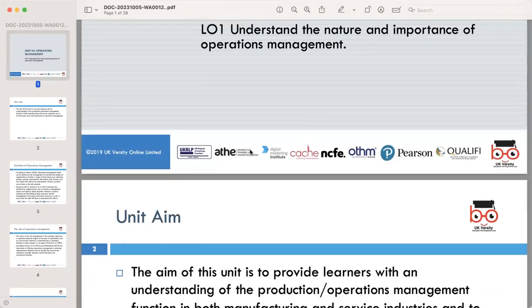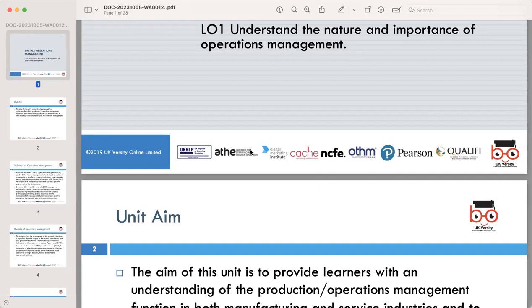Okay, that's fine. So operation management is a critical component of any organization, regardless of the size or industry. It involves the planning, coordination, and control of various activities within an organization to ensure efficient and effective production and delivery of goods and services. Operation management plays an important role in achieving an organization's strategic goals and maintaining competitiveness in the market.